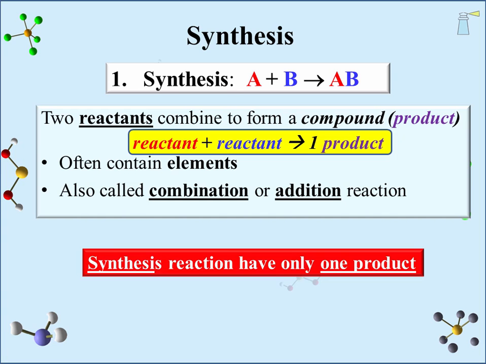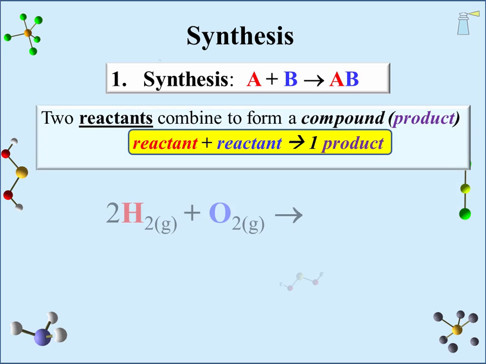The key or tip to recognizing a synthesis reaction is that it only has one product. Some examples are in order. Beginning with an equation for the formation of water. It starts with 2 hydrogen molecules reacting with 1 molecular oxygen molecule. In a real reaction, we would have used moles instead of molecules,